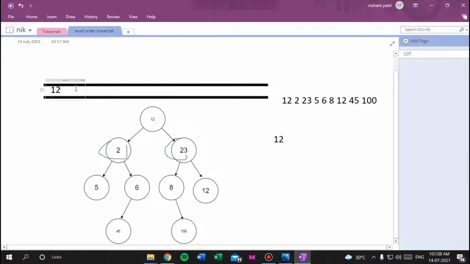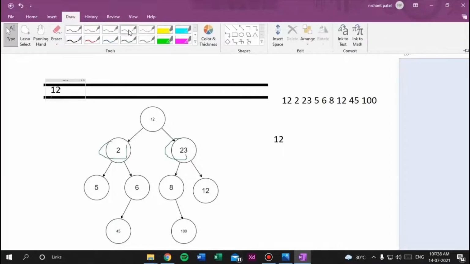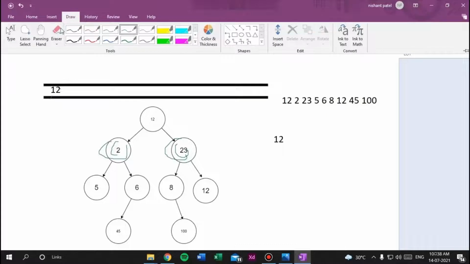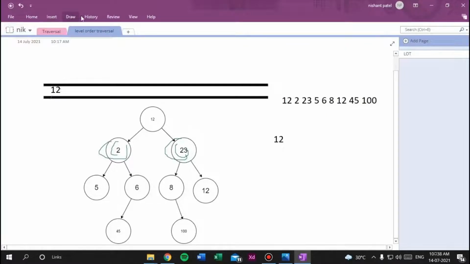And one important point: whenever we remove any element from the queue, we store it into our output variable. After removing the element we check whether its left or right is null or not. There, left of 12 is 2 and right of 12 is 23, so we will simply add them into our queue. Then again we will do this process repeatedly.